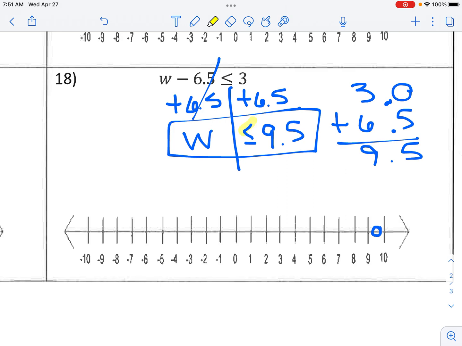I'm going to check the direction of my arrow in less than. I'm going to find the matching arrow on the number line. I'm going to darken my number line going to the left and darken the arrow. This is less than or equal to, so since it could be equal to 9.5, I'm going to close my circle. Alrighty, that's